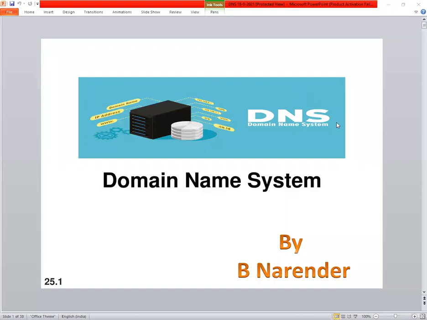This is the topic which we are going to discuss today, that is DNS. What does DNS stand for? We already discussed this topic in one of the practical sessions in offline classes, that is IP addresses: how IP addresses are generated and how they are accessed over the network.